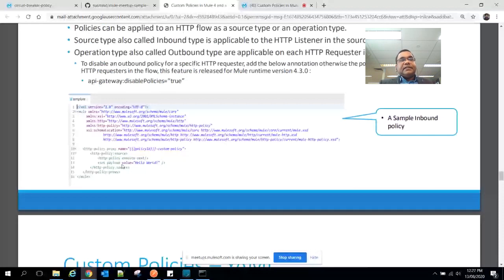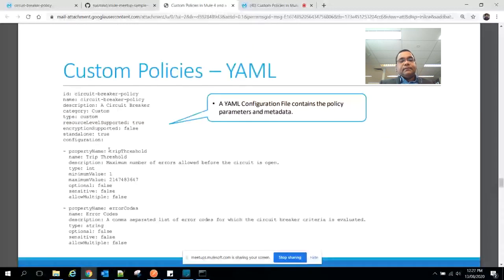There is a concept of message propagation. I'll come to that, but there is a diagram which explains both the inbound and outbound policies quite well. I'll come to that as well. And the YAML configurations, as you have seen, contain properties which you can configure when you apply the policies,